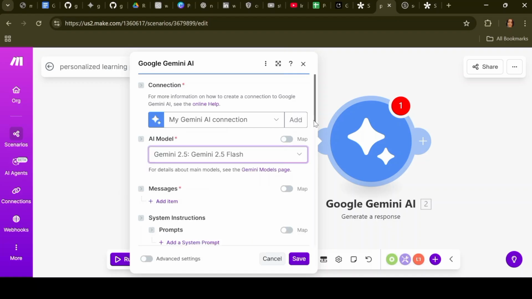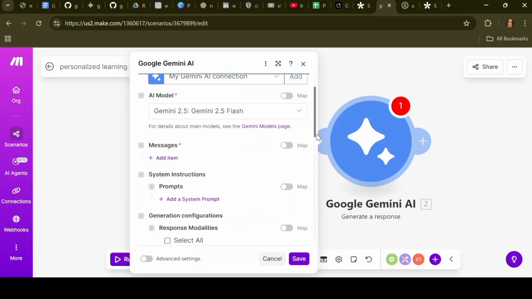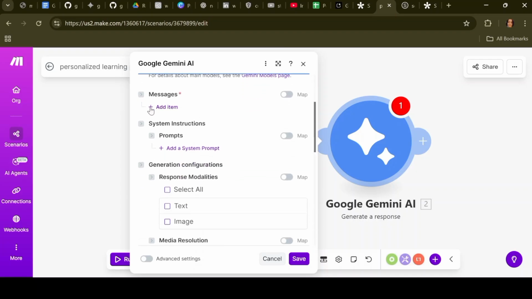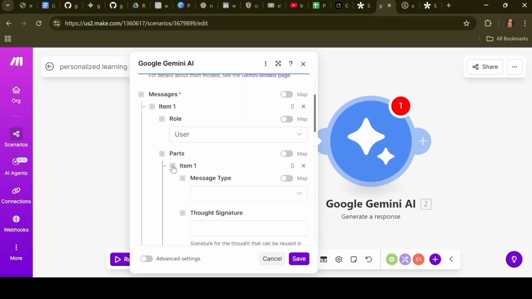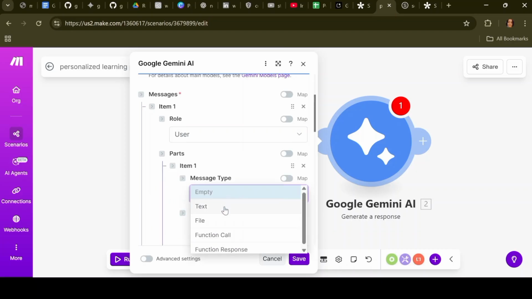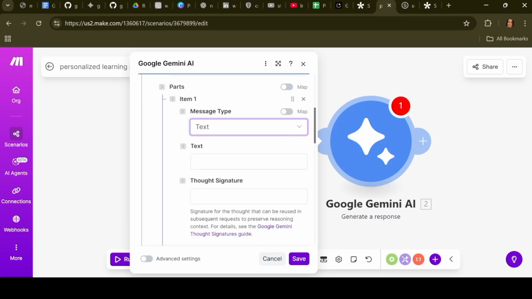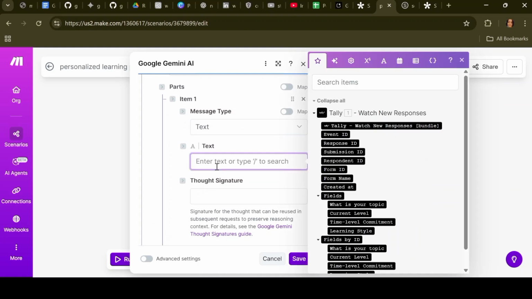So the AI model, you choose the one you want. Me, I normally use 2.5 Flash. So I just say, okay, I want to go with 2.5 Flash. So that's the one I would go for. And add the items. What role are we going for? User. And the parts that we are going for. What's the message type? Text. Since we are going for text,